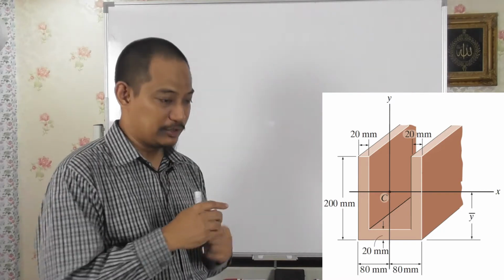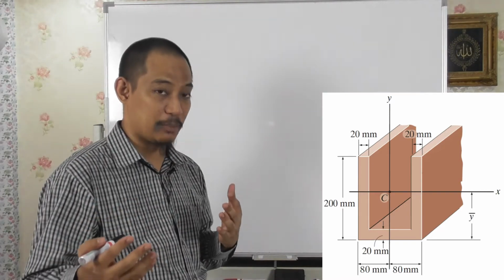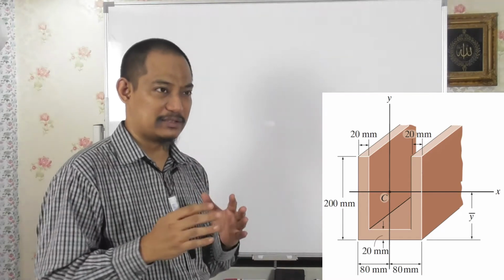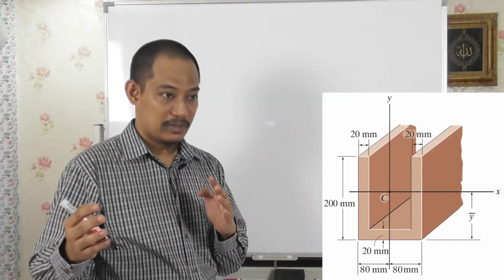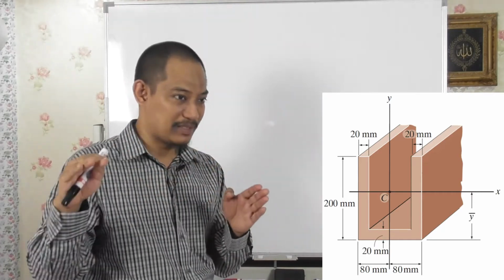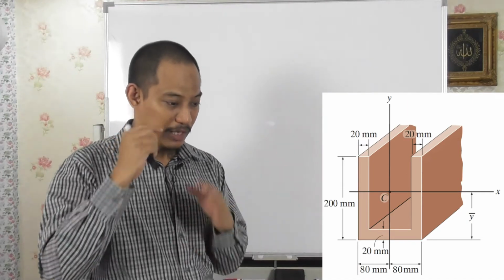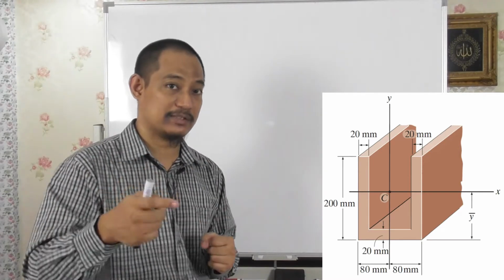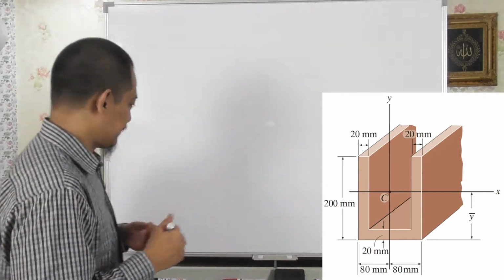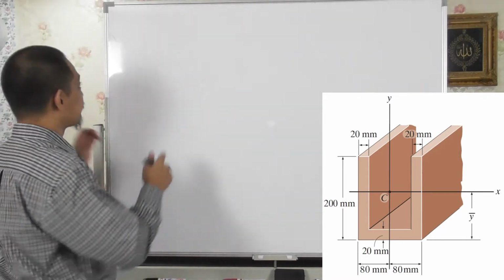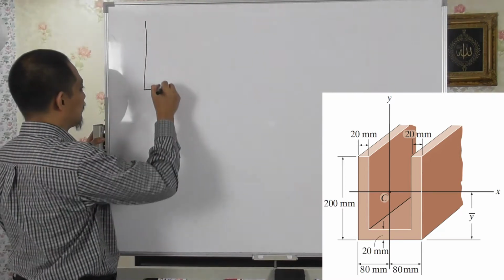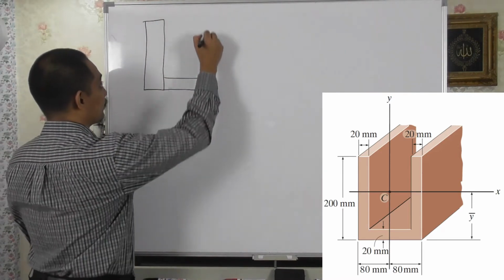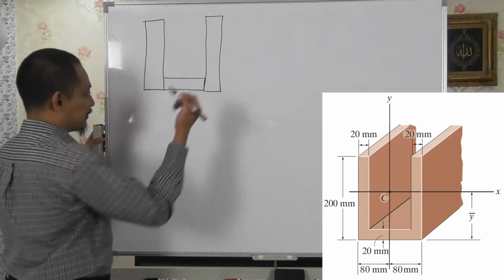This area, I think hopefully you can still obviously see it is a combination of rectangles. And interestingly, for shapes that are a combination of rectangle areas, you can split it a different way, right? So I'll show it in one way, but if you divide it in a different way, you just calculate accordingly, and the answer should be the same, right? So in this case, if you take the cross section area, I'll straightaway cut the section. So it's a combination of this with this with another this one, right? So I decided to cut it like that,